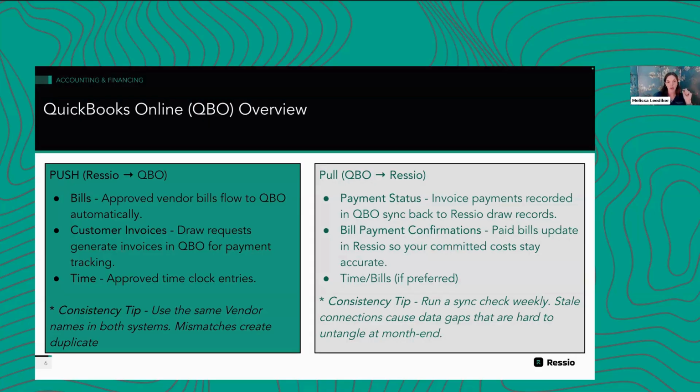Okay, she had a follow-up. She said, doesn't that duplicate in QuickBooks Online? No, because you would turn off the push from Ressio to QuickBooks Online. So if you are doing that workflow, you want to make sure that you're not pushing from Ressio into QuickBooks Online. Exactly. Great call out, Melissa. You have the ability to turn off invoices pushing to QuickBooks, same as you can do for bills and time and vendor credits and things like that. That's part of the actual setup of settings, and I'll show that on my screen here in just a moment, what the QuickBooks settings look like, but you can just toggle those on or off.